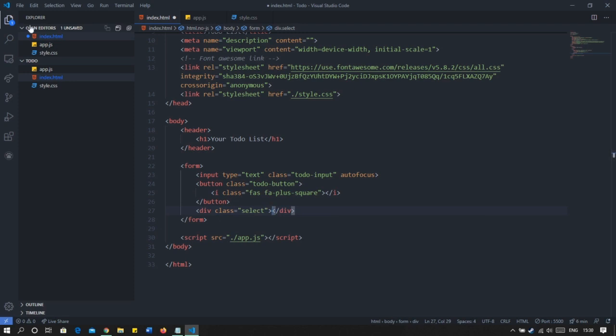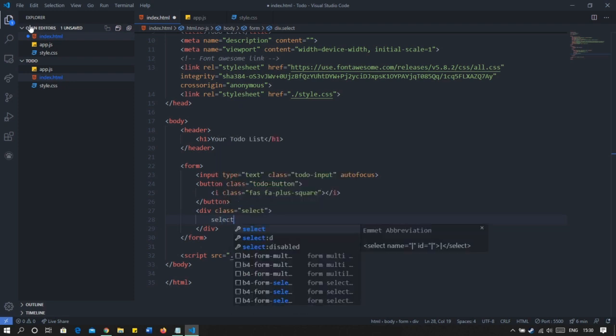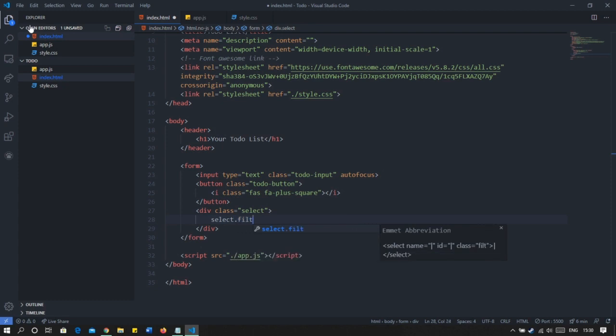In this division we will have three options. To create a drop down, we have to use select, and it will have a class of filter-todo, right? These classes will be added so that later we can use them in CSS to style it. We have to give a name to it, so let's give it todos, and we don't need the id property for this.